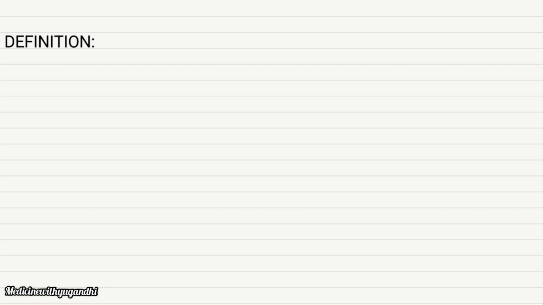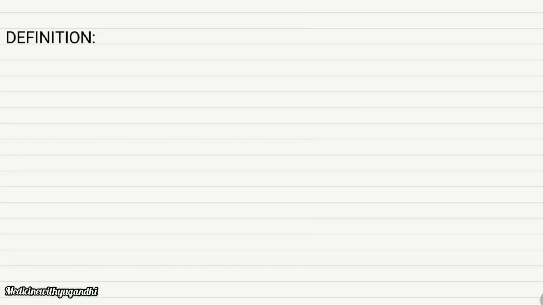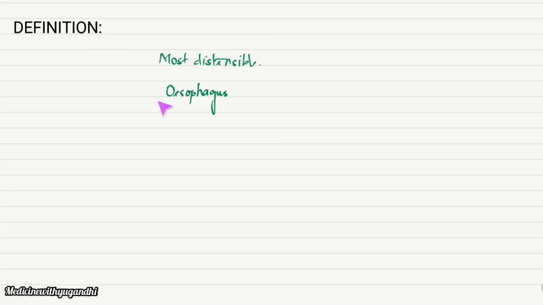See, stomach is a highly distensible organ, that too particularly in GIT, stomach is the most distensible organ, right? The upper end of the stomach is connected to the esophagus and the lower end it is connected to the upper end of the small intestine, that is the first part of the duodenum. And of course digestion of carbohydrates, proteins and lipids takes place in the stomach.